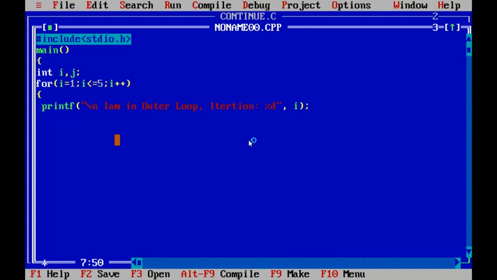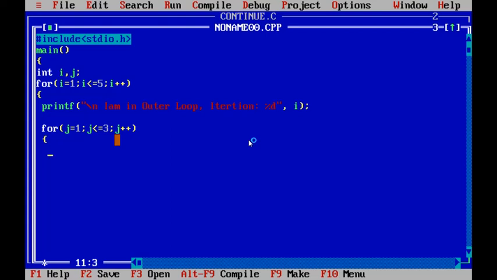Next, we are writing one more loop inside the loop. This is the inner for loop. We call it an inner for loop: for j = 1; j <= 3; j++.